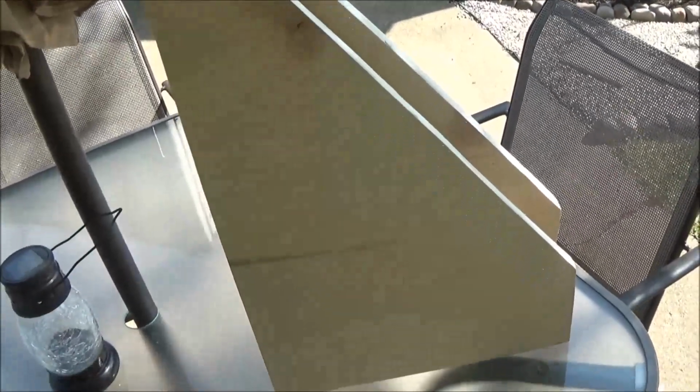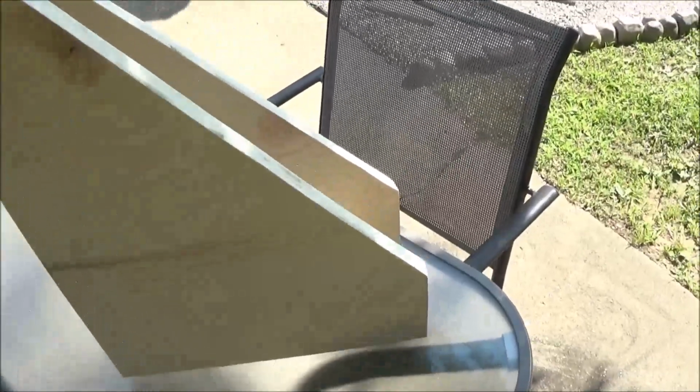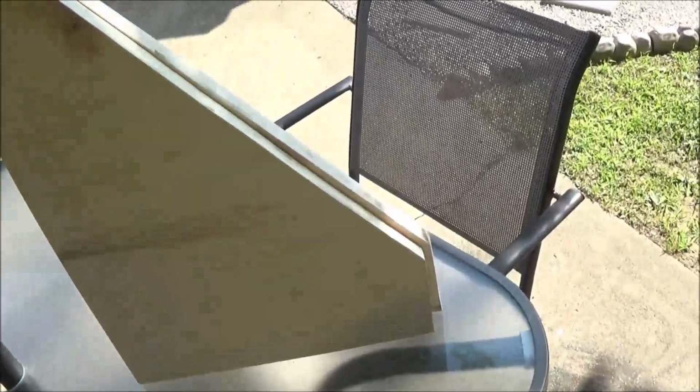I wanted to work on this box today, but the screws that I got to mount the subwoofers aren't right. The threads were wrong. I knew they were when I picked them up, but it is what it is. I'll change them. But this is going to be the side of the box. The way this is going to work is the